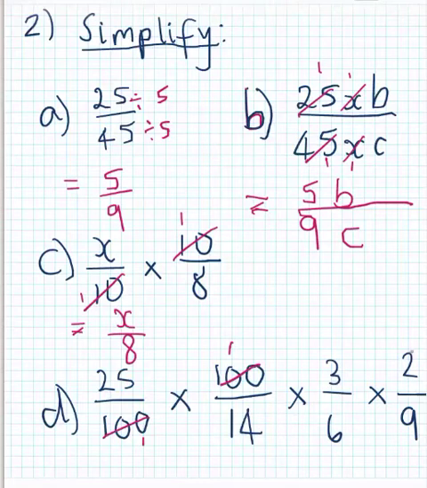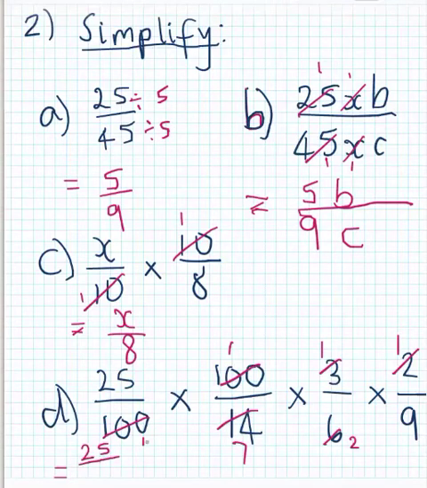I know that 2 divided by 2 is 1, and 14 divided by 2 is 7. Now I might do my 3 and 6. So 3 divided by 3 is 1, and 6 divided by 3 is 2. And if I have a look, I can't seem to see any more numbers. So now all I've got to do is go 25 times 1 times 1 times 1. I'll squeeze the answer down here, is equal to 25